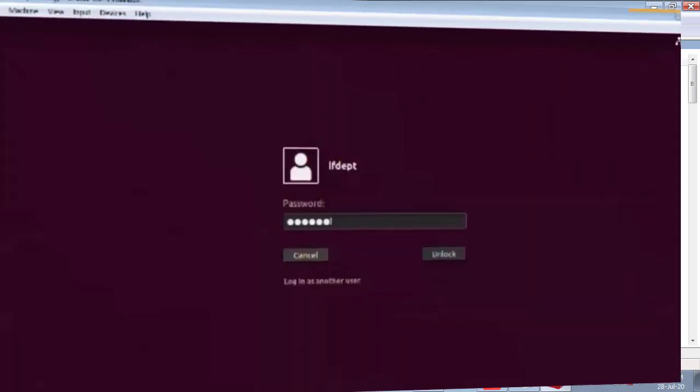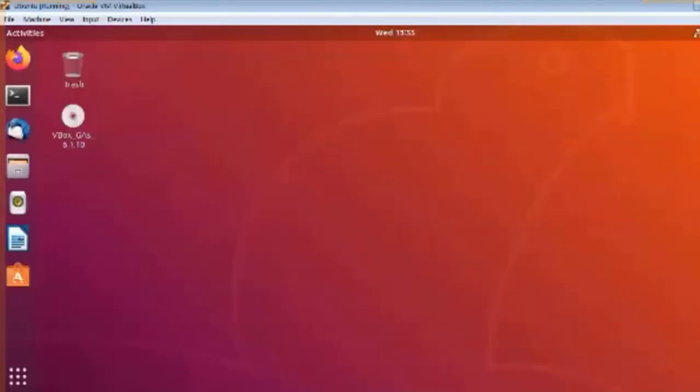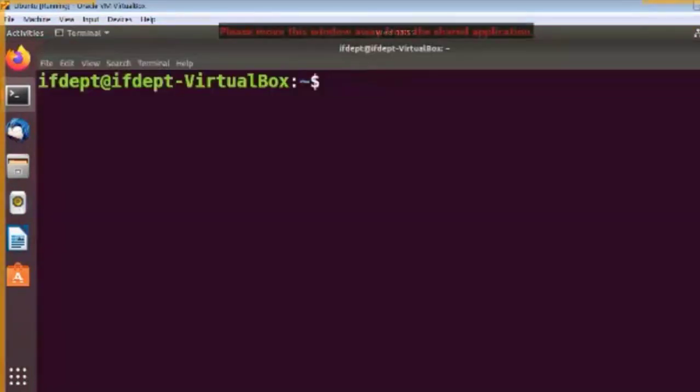Now next I will be showing you how it is done in the Ubuntu operating system. We will go to our terminal. How to know which are the different services running in this particular Ubuntu operating system?